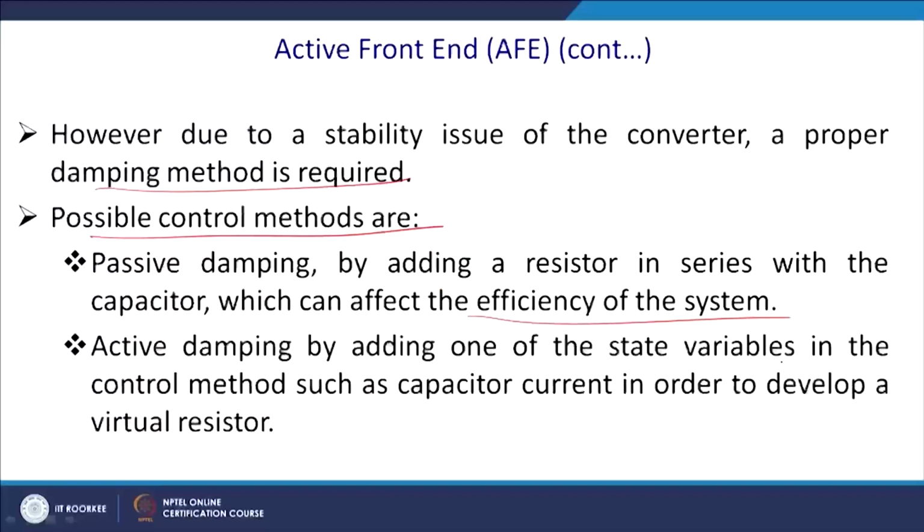Active damping is something where you have to work with the control system by adding one extra variable in the control. So, you have a PI controller and we require to do something there, adding one extra state variable in the control method, such as the capacitor current, in order to develop a virtual resistor. So, what is the demerit of it? Essentially,